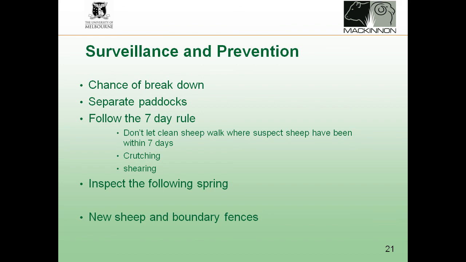If nothing else you remember, if you buy new sheep, put them in quarantine, so no other sheep walk over ground where they've been within 7 days, until they've been through spring. Obviously you can't do that with rams, individual sheep, but you inspect each one individually, okay? And I always like to inspect new sheep onto your place, because if I find a problem when they've come onto the place, you can act there, and if you find it a month down the track, there's no way of proving where it's come from, okay?